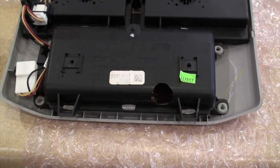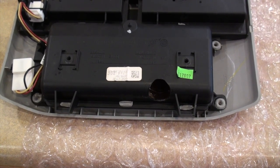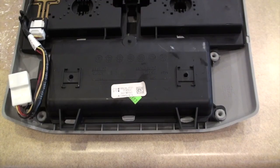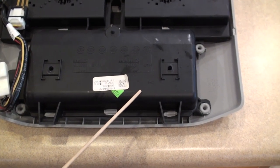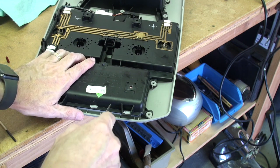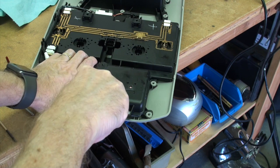So we flip them over, look on the back, see about where that is, and that'll tell me where I want to place mine. Again, like I said, most of this stuff is interchangeable between the two. Most of your wiring harnesses are going to be the same. There are a few little differences, but what I did is took my console out to the garage, did a little bit of a